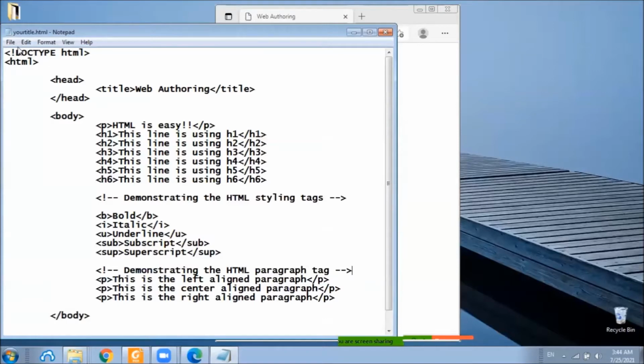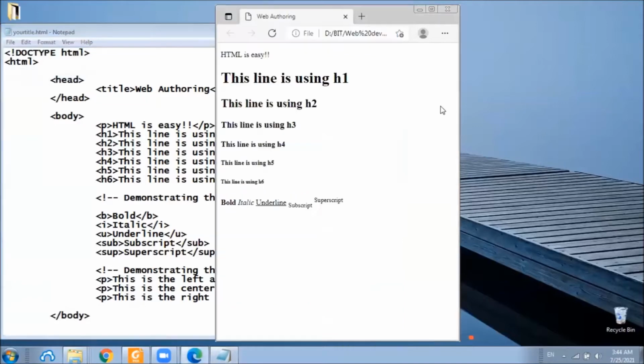Now, if we save the file here and open it and refresh, we can see all 3 paragraphs are left aligned. That is because unless specified, the default alignment of the paragraph is the left alignment.